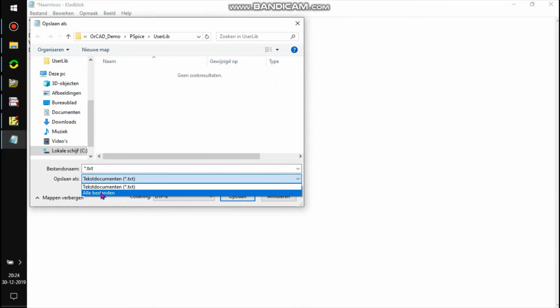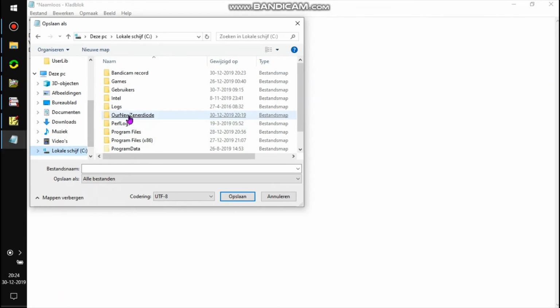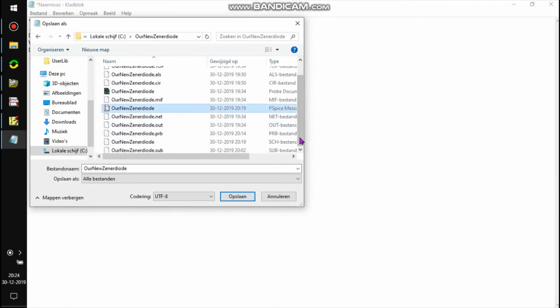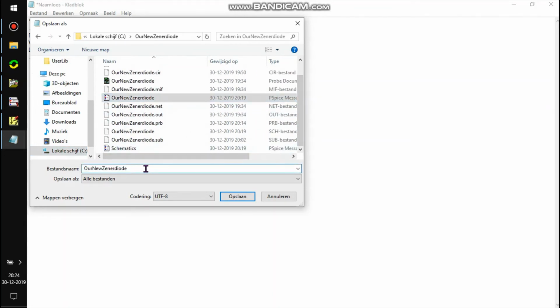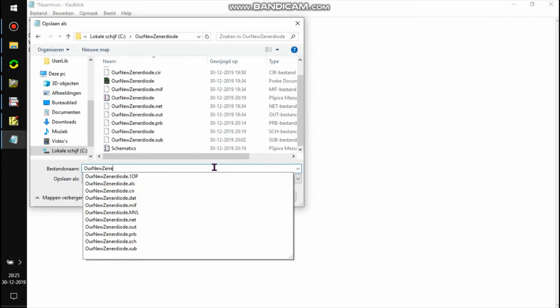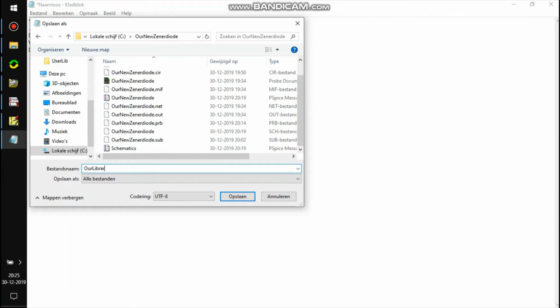Select this, all files. You need to put lib behind it to say that this is a model library.